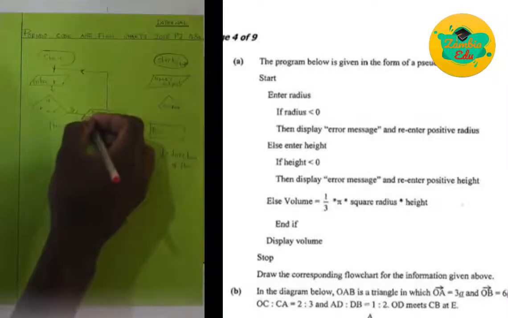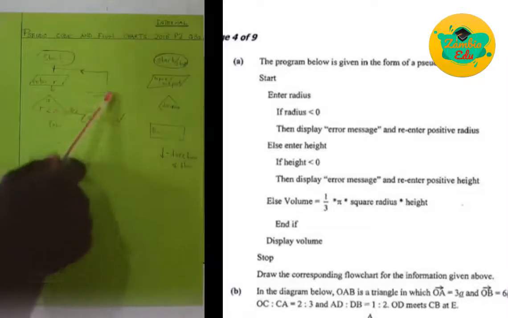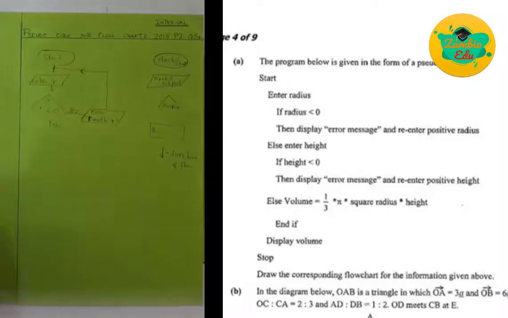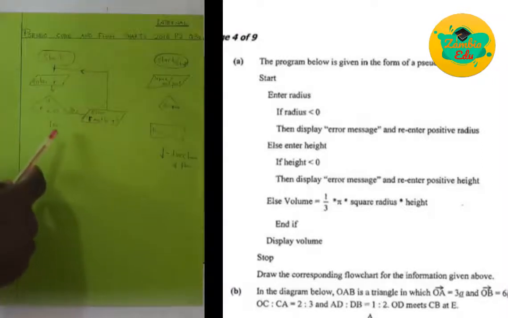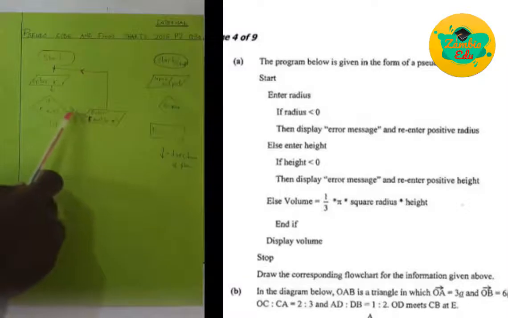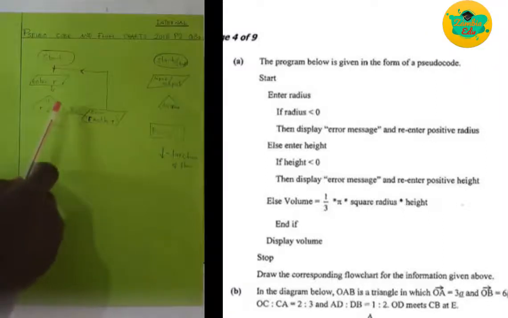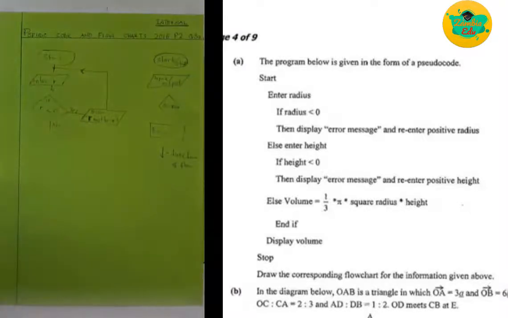Pardon me, that should be R there, not H. That should be R while dealing with radius. The radius must be positive. Okay, so now we are done with the yes part. Let's come to no. So we've gone back up there. We enter R now. Is R less than 0? No. The no part, what do they say if no part? That's what is represented by else